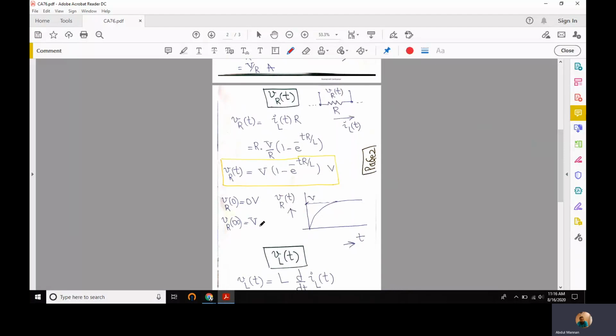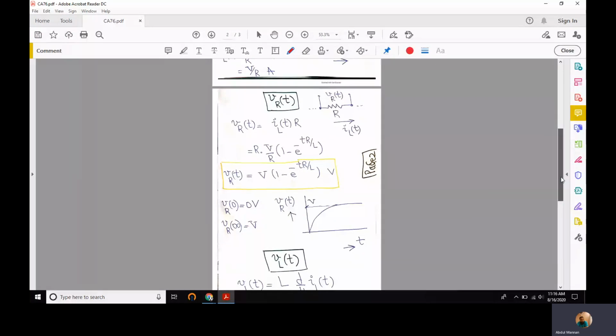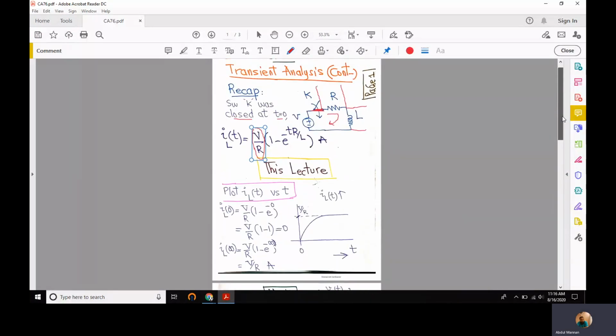This means that initially the voltage drop across the resistor is 0. It is 0 just after we close the switch, because this inductor is open circuited and there is no current in the circuit, and therefore no current flowing through the resistor. What is the current when time is infinity? This inductor is replaced with a short circuit, and then we have V over R current. V over R current multiplied by R gives us V, the voltage drop across this resistor at time t is equal to infinity.